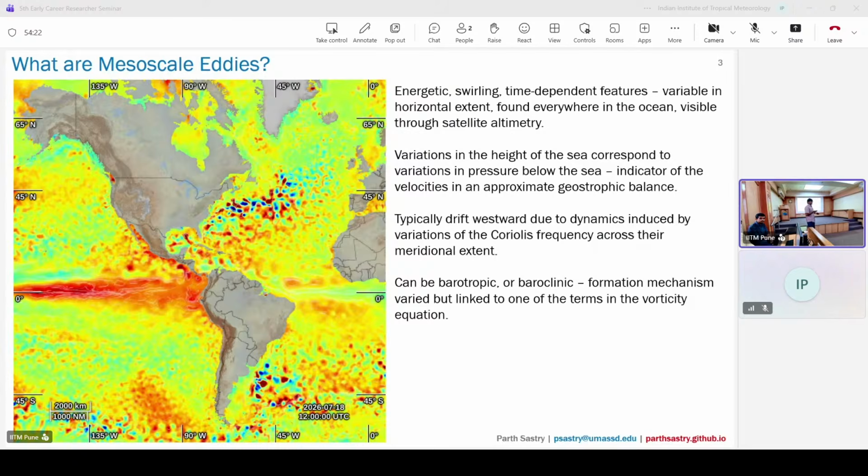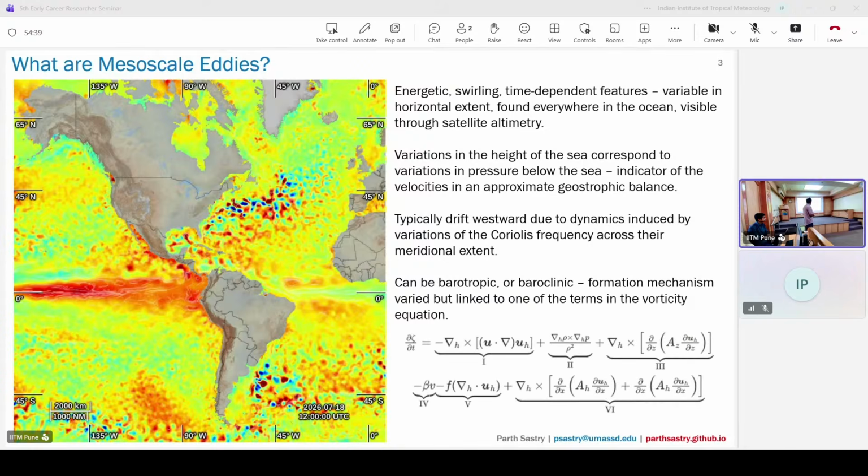These eddies can be barotropic or baroclinic. When I say barotropic, I mean that they have a uniform depth extent, or baroclinic, by which they have a non-uniform depth extent. They have a decay with depth typically. And the formation mechanism of these eddies can be varied depending on, of course, if they're baroclinic or barotropic, but